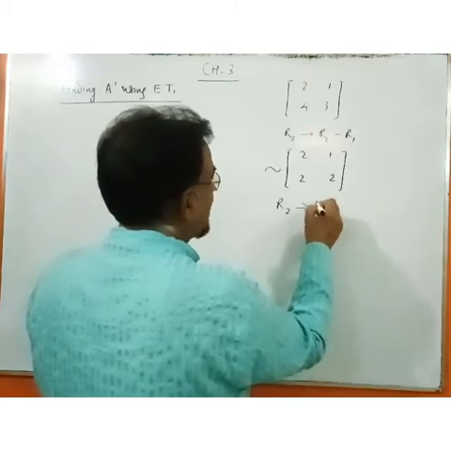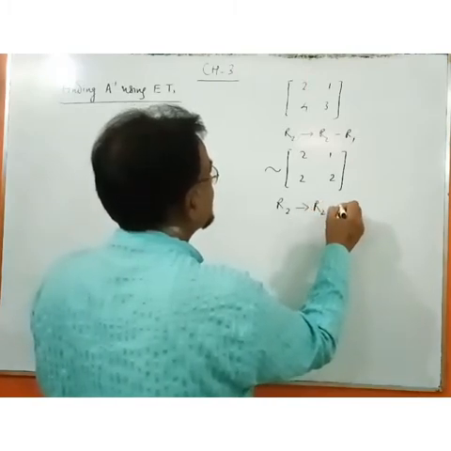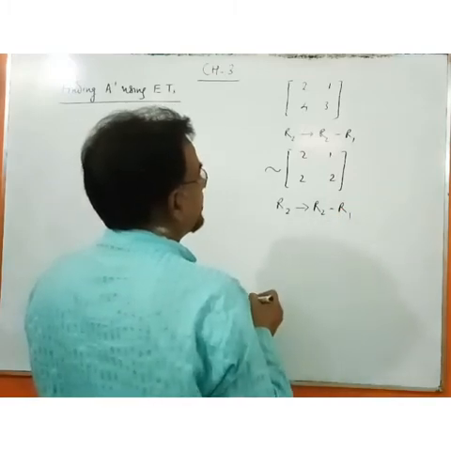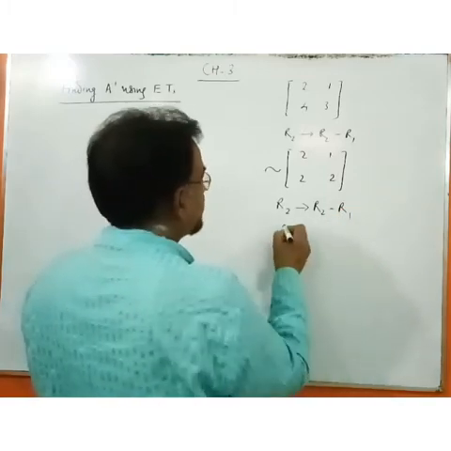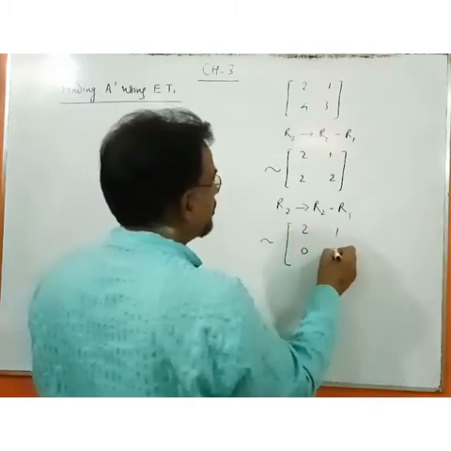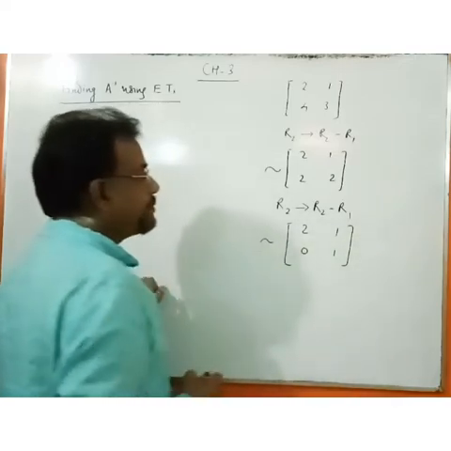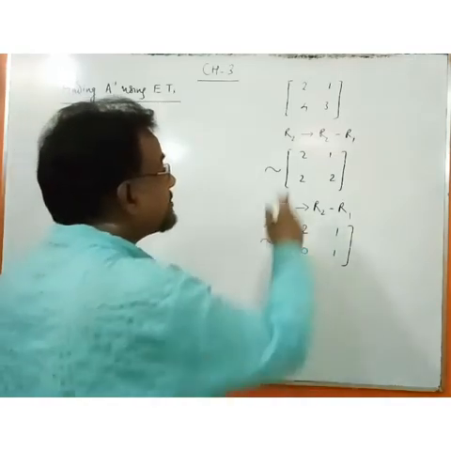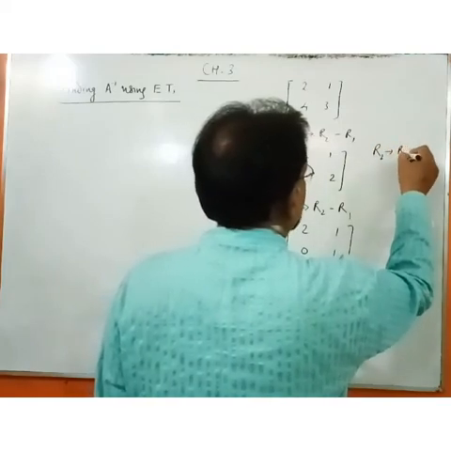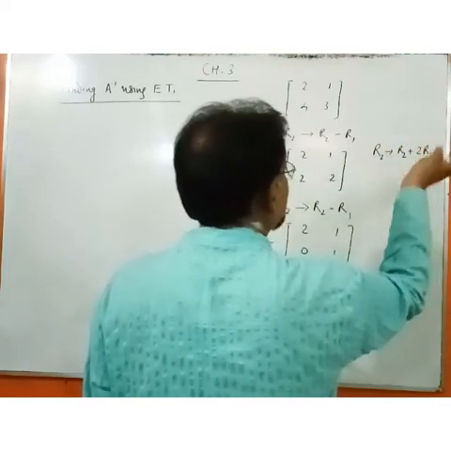R2 changes to R2 minus R1 again. So this will again give you [2 1; 0 1]. In this way, suppose you wish to R2 changes to R2 plus 2 R1,